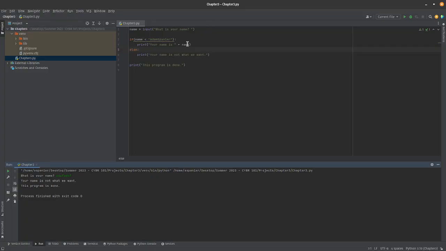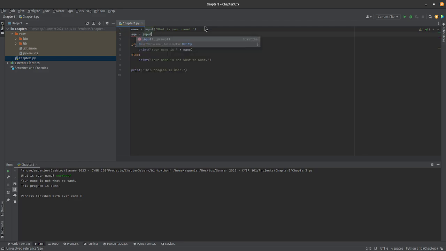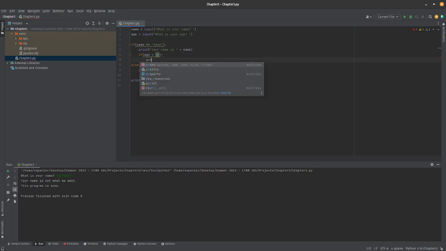Okay, so I can actually have name, and then I can get age here. So let's go ahead and get the age. What is your age? Okay, so now I have name and age. Okay, so if name, let's go ahead and test to see if the name is Adam. All right, so there we go. So I can go ahead and print that out. Now let's go ahead and do another if statement. If, let's test if age is greater than 10. Okay, so then I can print